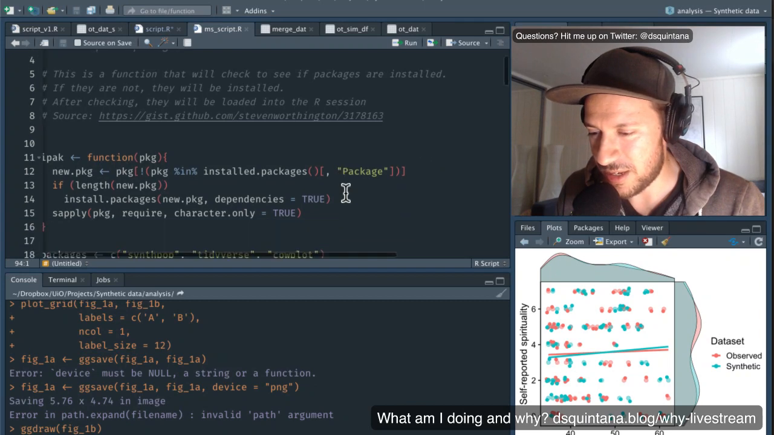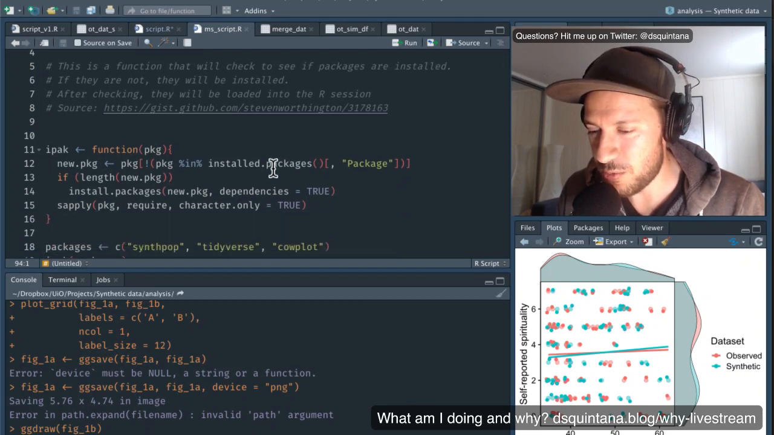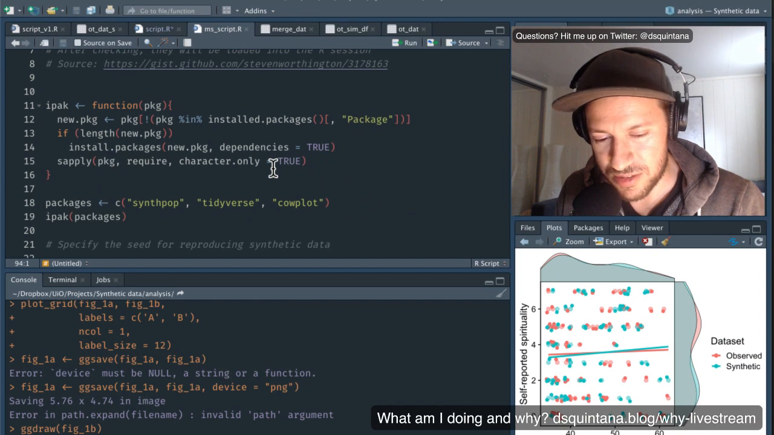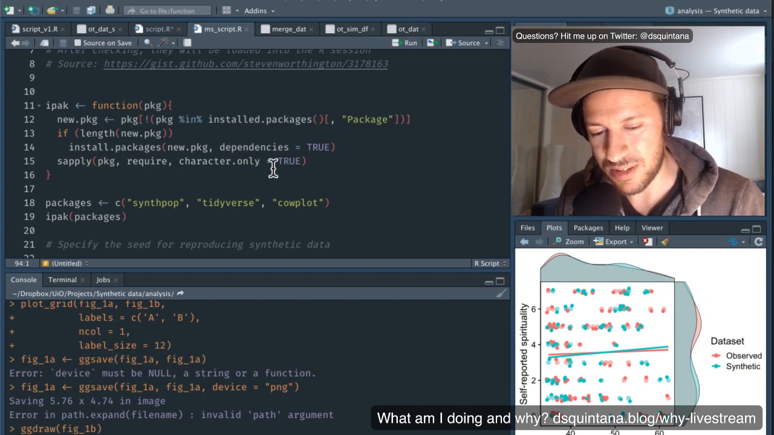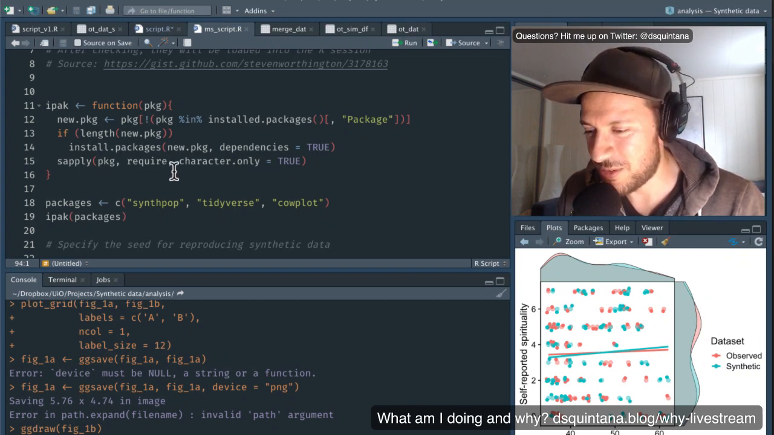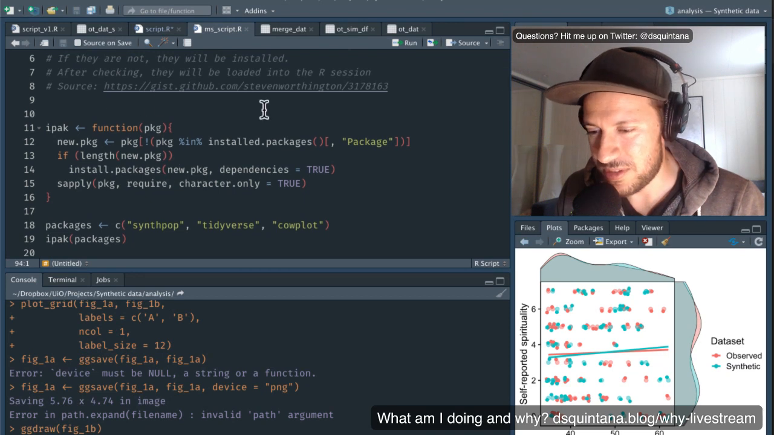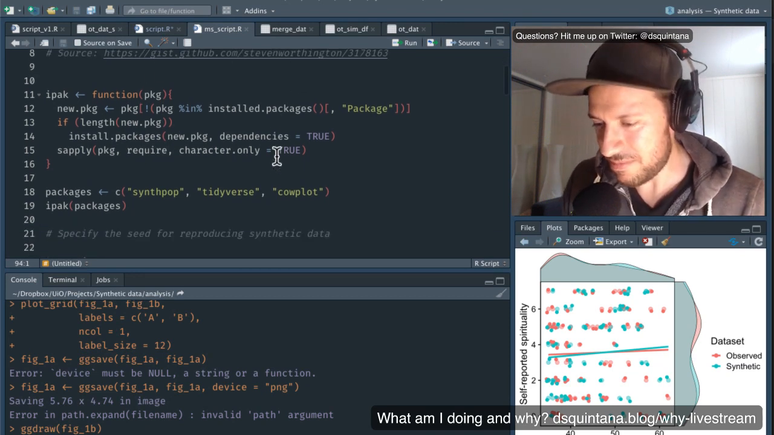seeing if I can do it. And I've come across a really cool little function here, which actually firstly checks whether you have particular packages that you need. If you do, then it loads them. But if you don't, it downloads the packages and then loads them. So this is really cool. And here is the link here. All right, so